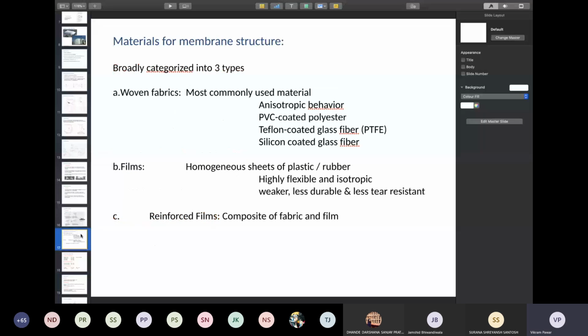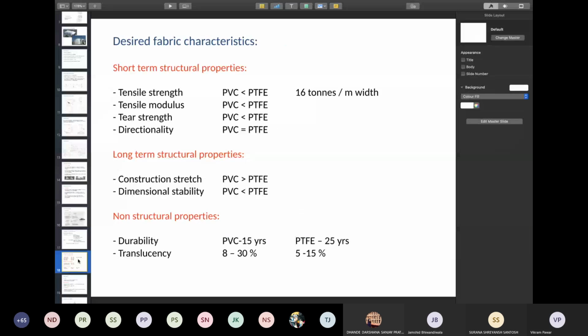Going back to this slide, it is Teflon coated fiberglass. PTFE has much more tensile strength as compared to PVC. Even the tensile modulus of PTFE is much higher. Tear resistance also, PTFE is going to be much better. In terms of directionality, that means in which direction it can be oriented,